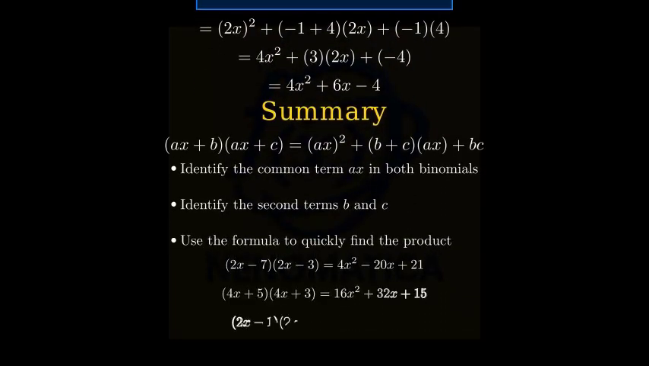We've worked through 3 examples. 2x minus 7 times 2x minus 3 equals 4x squared minus 20x plus 21. 4x plus 5 times 4x plus 3 equals 16x squared plus 32x plus 15. 2x minus 1 times 2x plus 4 equals 4x squared plus 6x minus 4. This common term identity is particularly useful when the binomials share the same first term, making calculations faster and more